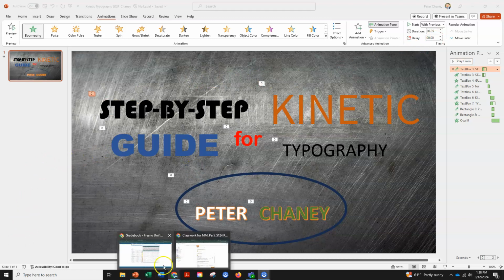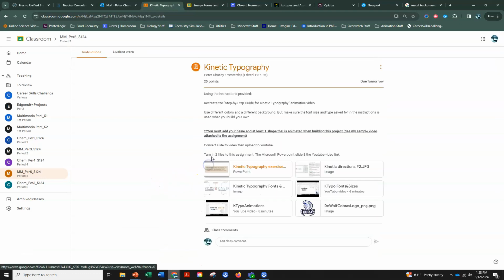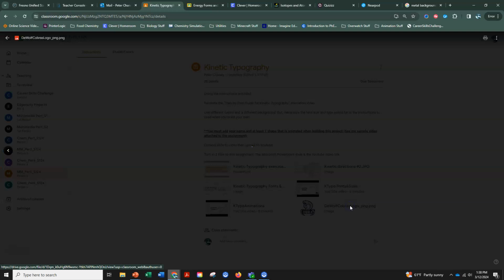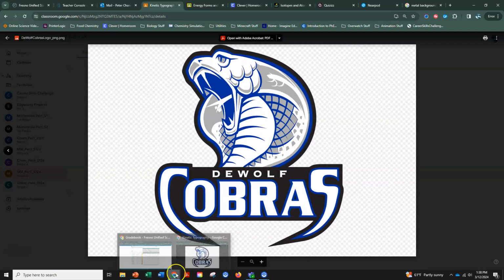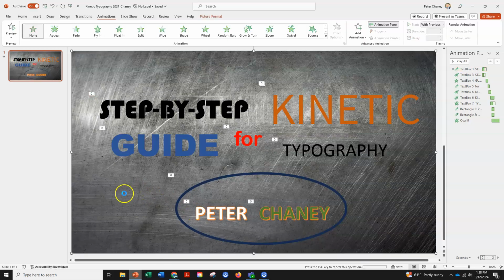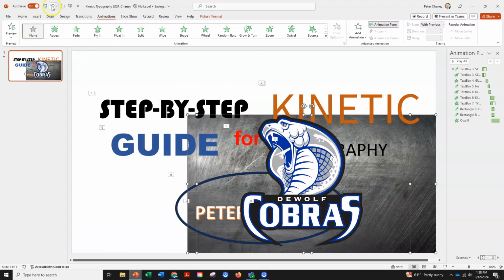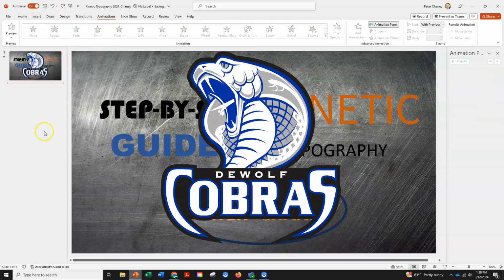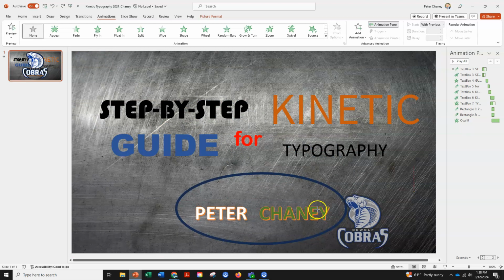So when you do a custom animation, you can make it go in any direction that you want. So I'll show you what that looks like. So on the assignment, I've put our logo. You can click on it, then right click and copy, put it in to your PowerPoint slide by Control V pasting, and you want to resize it and not resize the background and the logo because they were both selected. So I'm going to click outside of both of them, click just the logo, resize my logo to the size